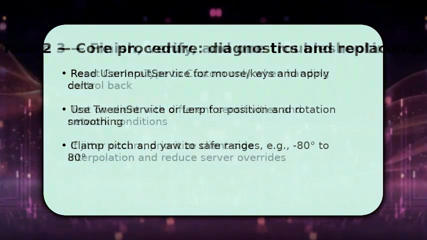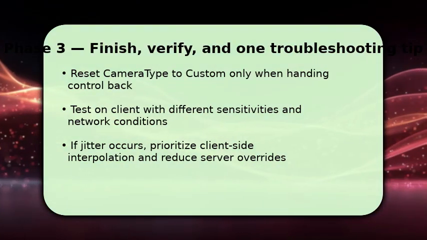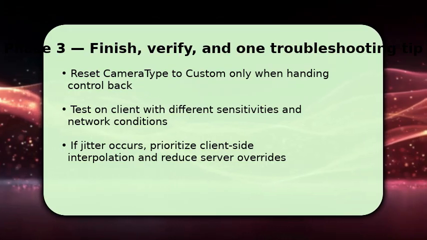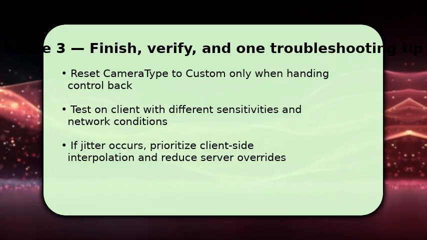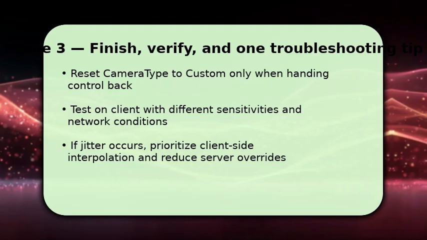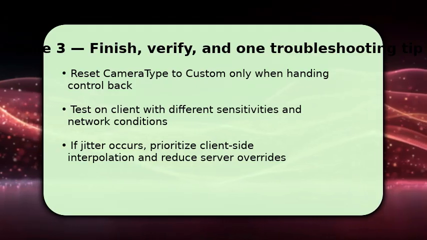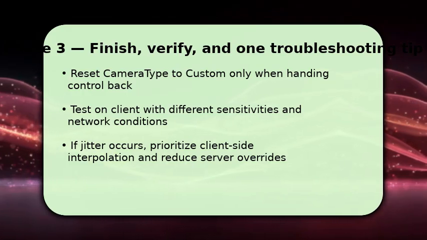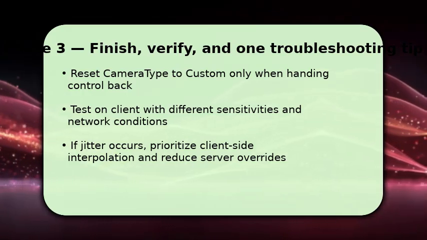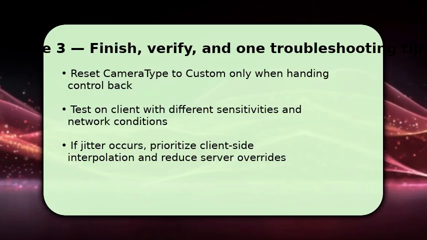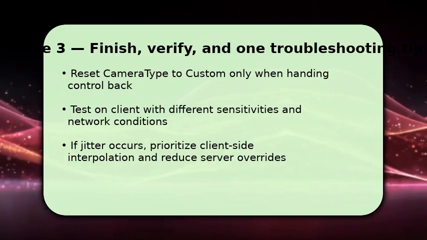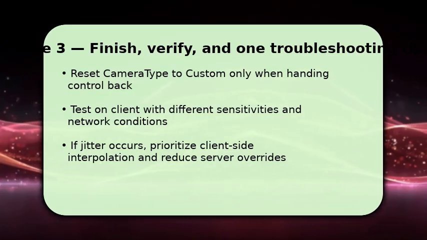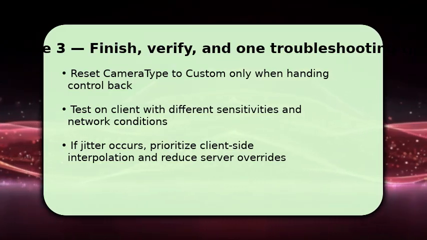Finish by restoring CameraType to Custom only when you hand control back to default scripts, and ensure CameraSubject is correct at respawn. Test in local and cloud play with various mouse sensitivities and ping to confirm behavior under lag. If you still see jitter, make sure interpolation runs client-side, reduce server-driven camera updates, and avoid setting CFrame directly each frame without smoothing. A single troubleshooting tip: if jitter persists, switch from per-frame set to lerp-based interpolation and